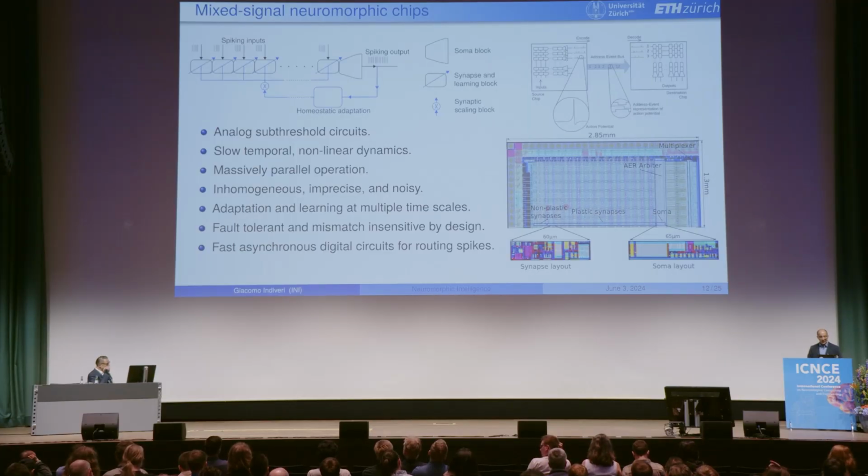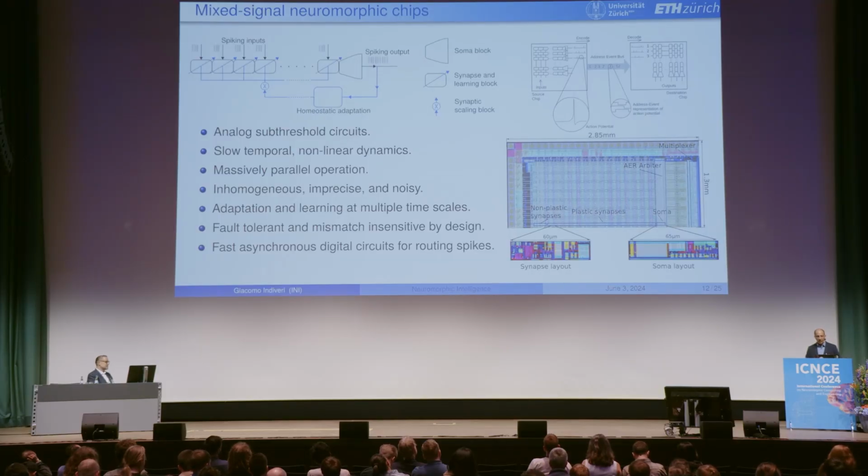By constructing chips in this way, by having this massively parallel operation, just by construction, they're fault tolerant. So if you think about space explorations or environments in which you're very sensitive to fault tolerance, this approach might be useful because most of these elements are working in parallel. If one fails, maybe the accuracy of the network will degrade, but the whole operation of the chip will still be there. The chip will still be functional. So it will sort of smoothly degrade as more and more devices break or have faults.